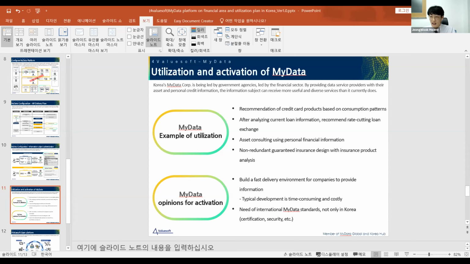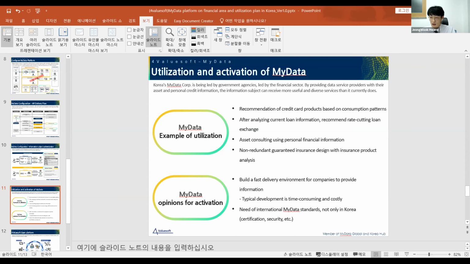I believe Mydata has a lot of energy, and it's going to be the mainstay of the new industry. Therefore, our company is also investing a lot in building the Mydata platform and developing it.